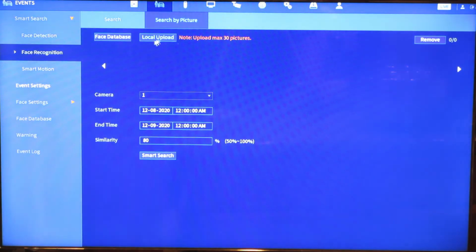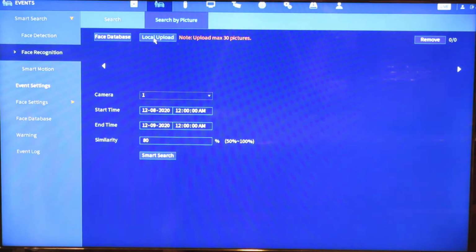It's kind of useless to me, I don't know, but it will keep track of people, I guess, that it facially recognizes. I don't know how good the system is. I don't really put too much credence into the actual ability for that to do that. It uses space on your drive and uses CPU time, so I really don't have any interest for this, but it's available. Face detection. Face recognition, you can actually save your database that you create, a face database, and then go over here and upload it when you want to change it or add a backup file.